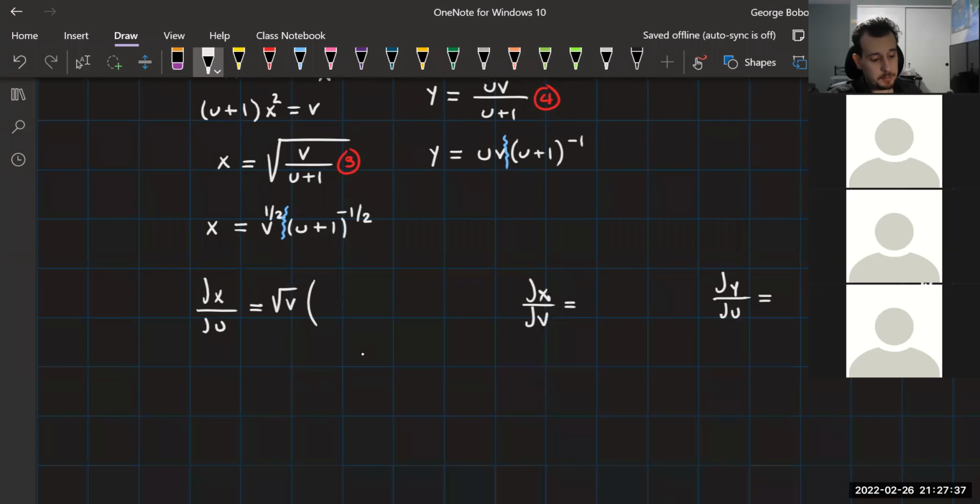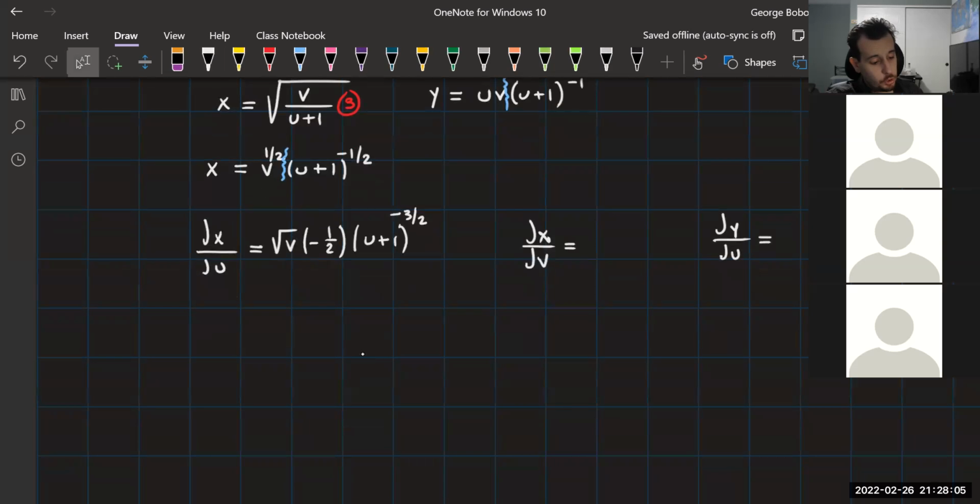And what's going to happen to him is he's going to drop a power. And when I do the derivative, let's not forget the negative 1/2 though. He's going to drop a power, so he's going to become to the negative 3/2. And then the derivative of the inside is just 1. When this reaches inside, derivative of u with respect to u is 1. Derivative of 1 with respect to u is 0. So you just get 1 out of this. So in total,